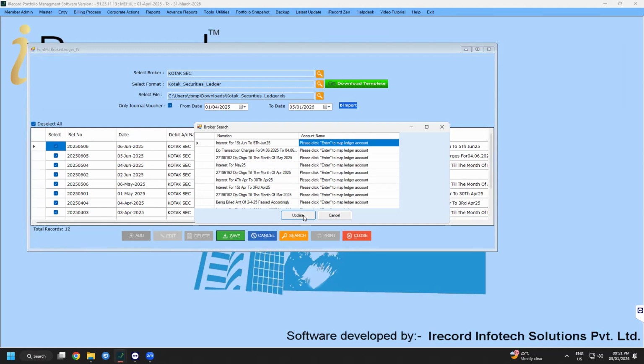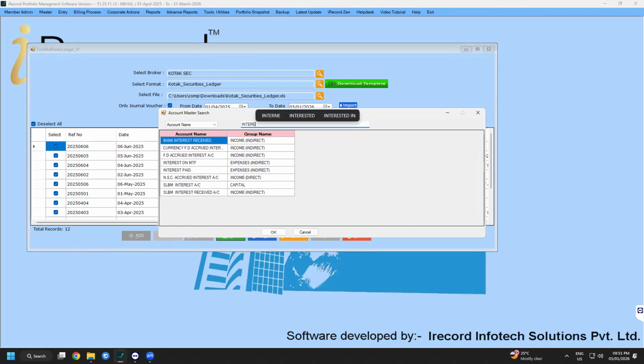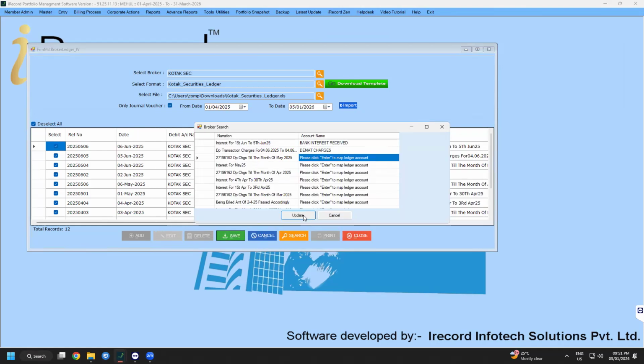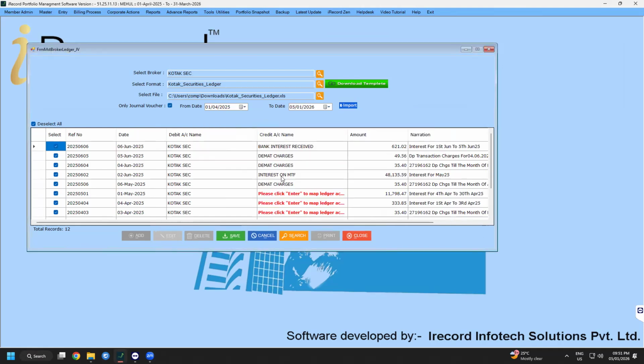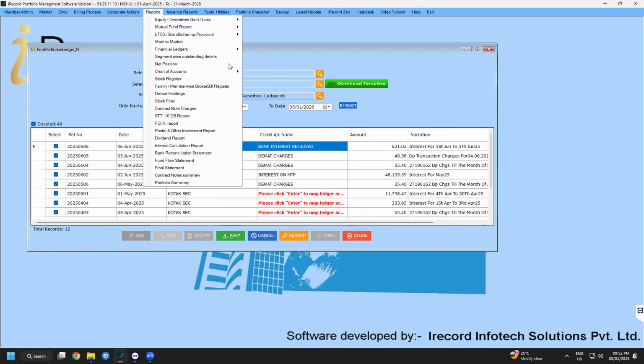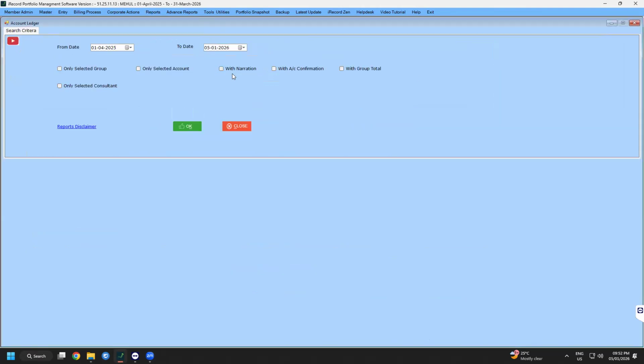Now here I have a choice to select my ledgers for the categorization purpose in your financial ledger. So I'll take this as interest. I'll take this one as a demat transaction cost. Same goes with my demat, same goes for my MTF interest, and this goes for my demat. So this is how you can update these transactions. As you can see, the red marked has now been reflected against your specific transactions and the specific ledgers that we selected just now. After this, when you come back to the ledger report, you will see all three sorts of transactions: your bill posting, your bank, and the last one, the JV that we